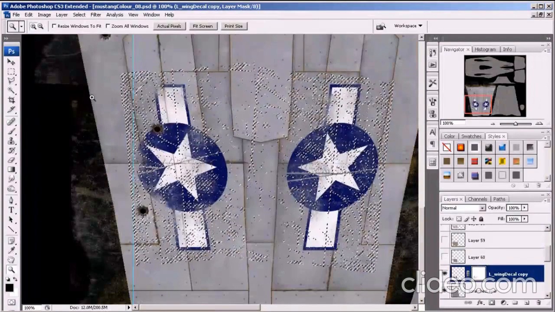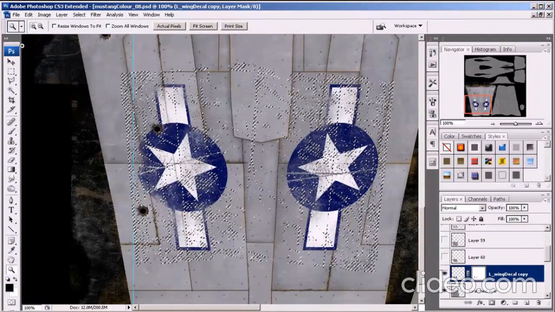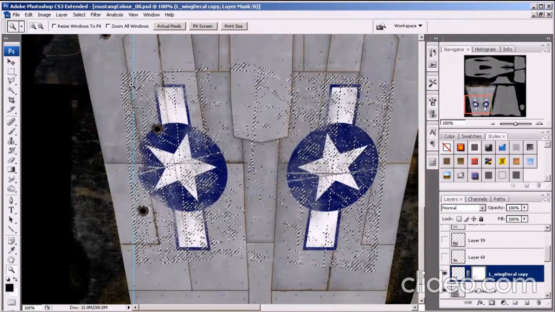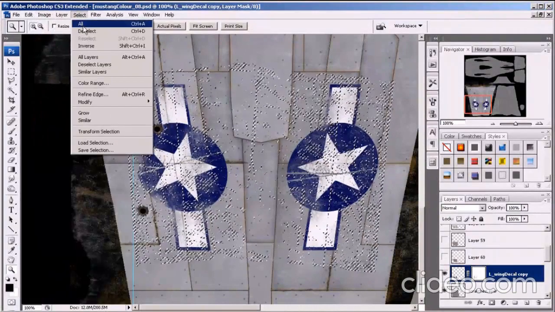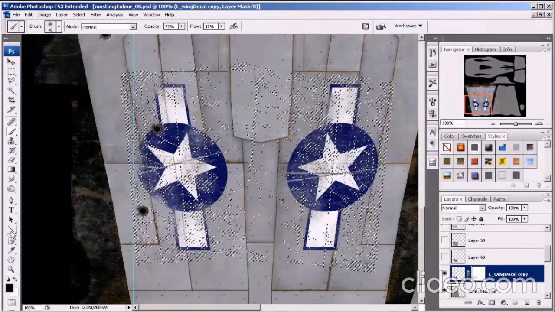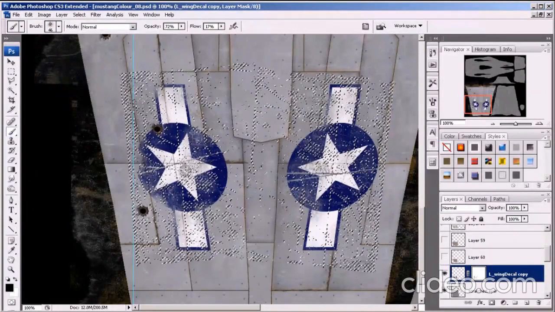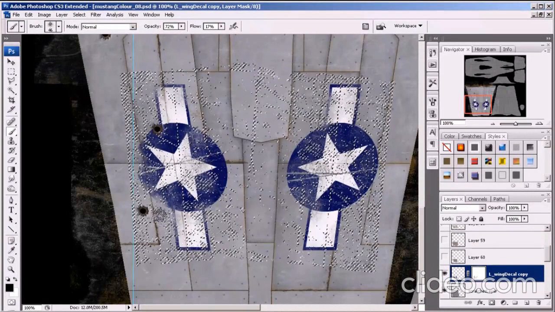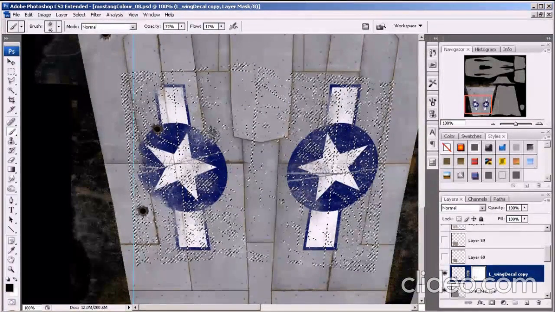Now you can do this with not just scratch texture reference images, you can use a number of things. You might even find that paper works quite well, dirt, ground textures, anything. You're not limited in Photoshop, and that's the nice thing. As long as you end up getting the final look that you're aiming for, you can use whatever. It's so versatile, and it really gives you the opportunity to try out quite a few different methods of getting the look. So I'm now using another texture, as I say, to just break up the edge,